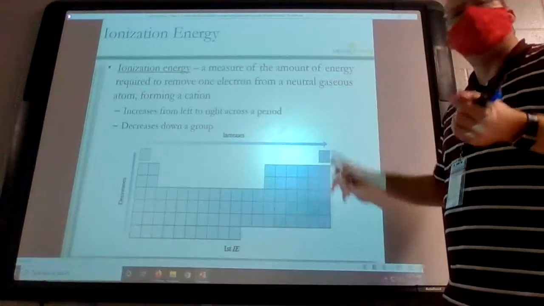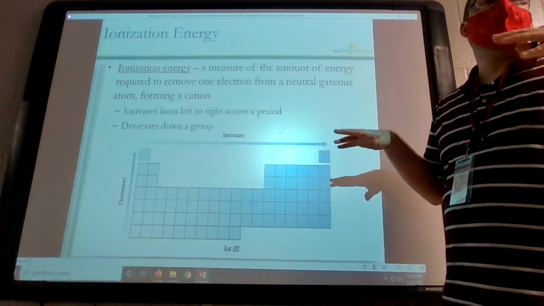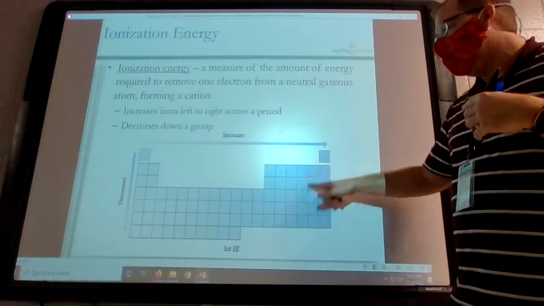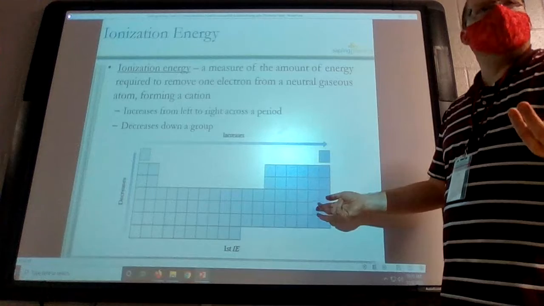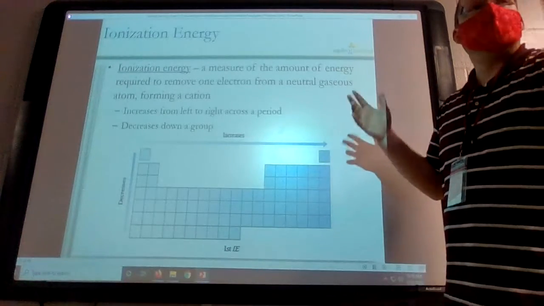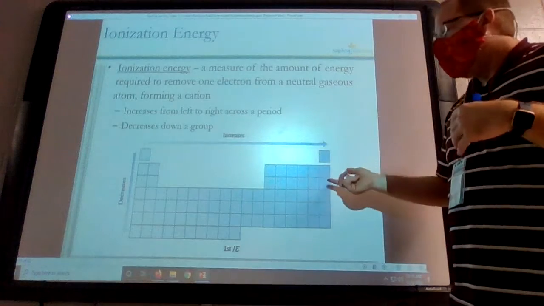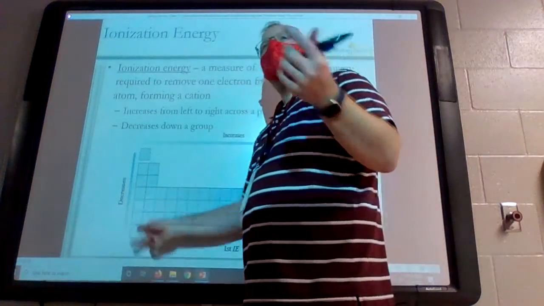These atoms over here, which are really good at stealing electrons, aren't going to want to give them up at all. You're going to have to put a lot of energy into taking an electron out of like a noble gas or like chlorine, which already has 7 out of 8. It doesn't want to get further away from 8. It wants to get closer to 8. So you're going to have to put a lot of energy into taking these,